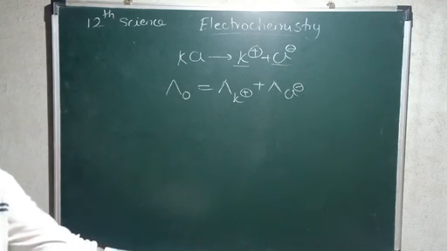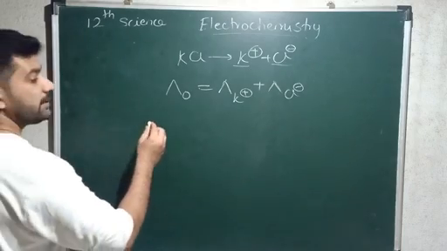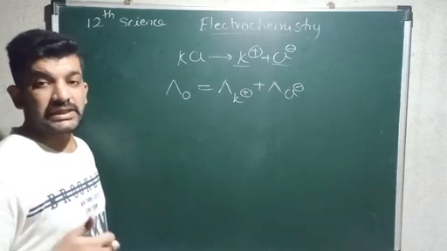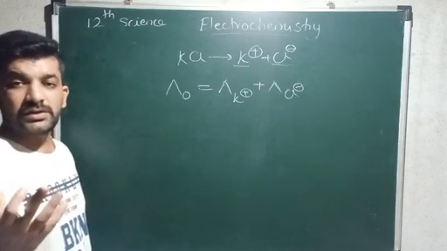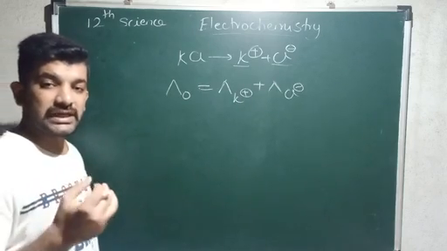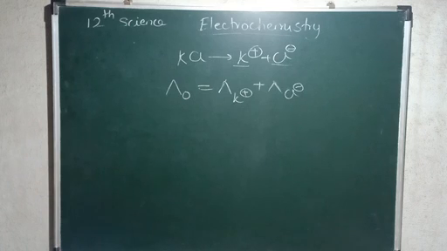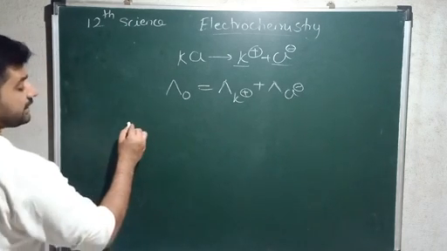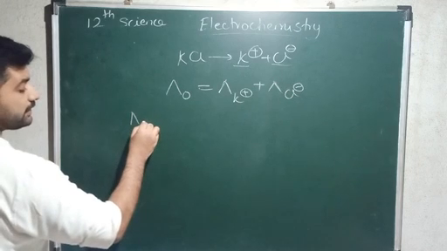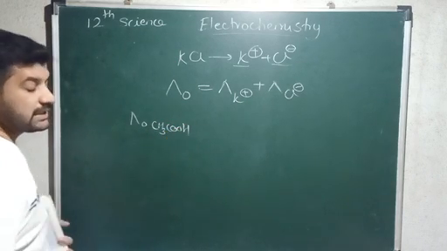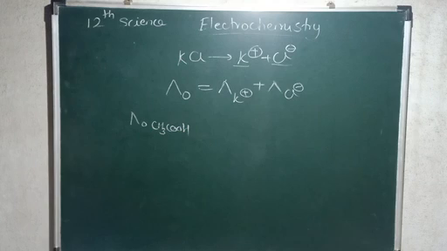Like CH3COOH, which is a weak electrolyte, where those ions are not completely dissociated, then how are we going to identify the molar conductivity of those ions at infinite dilution? So for that, the law gave us a simple application, in that if we want to find out the molar conductivity for CH3COOH, then we will use the strong electrolytes and try to identify the conductivity of weak electrolytes.